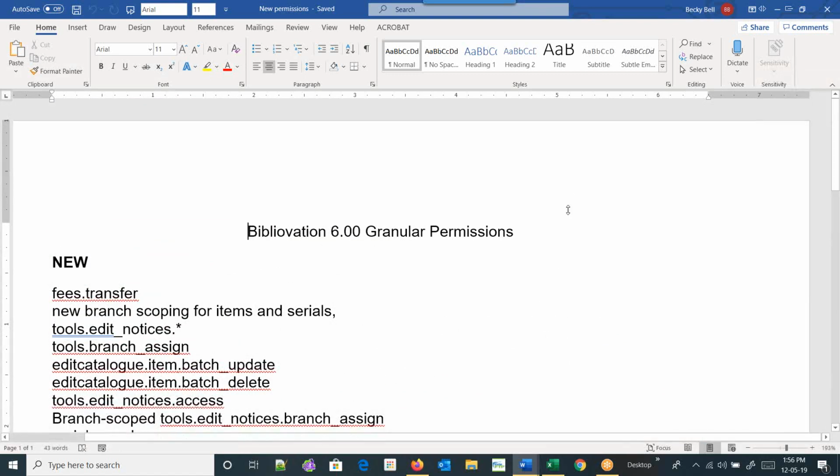I do want to go through the rest of the exercise to see if there are any changes that we have not noticed yet. I noticed that in the release notes there were a couple of references to permissions, and those always make me perk my ears up and make my eyes open a little wider, because those are things that we need to know about.